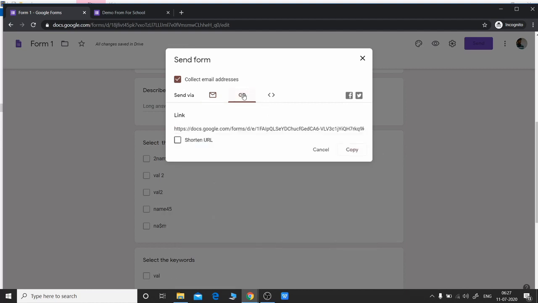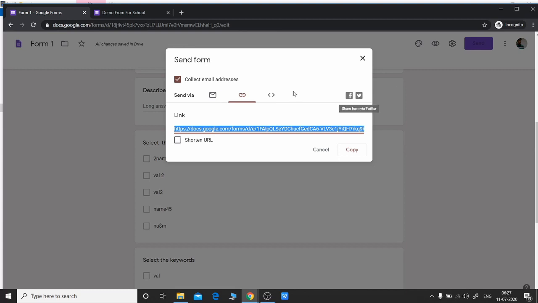Another way is through a shareable link. Now you can just get this link and you can just share it with different people. So you can just share it over WhatsApp, you can just share it over your website or whatever you want, or even YouTube channel, everything. Wherever there is an option to paste a link, you can just use it. Even in your Google Classroom, you can just copy this link and put it in your Google Classroom. Still the students will be able to get it, right?